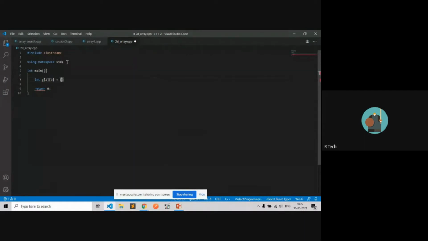If you want to store values at initialization time, specify values here: 10, 20, and 30.